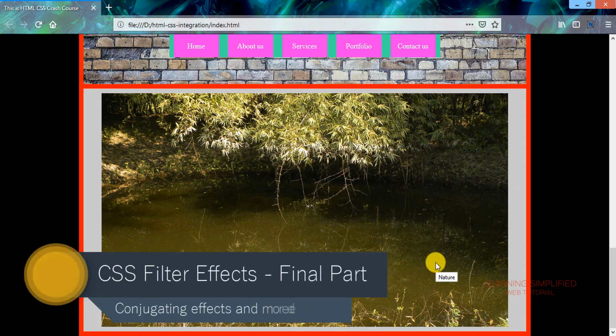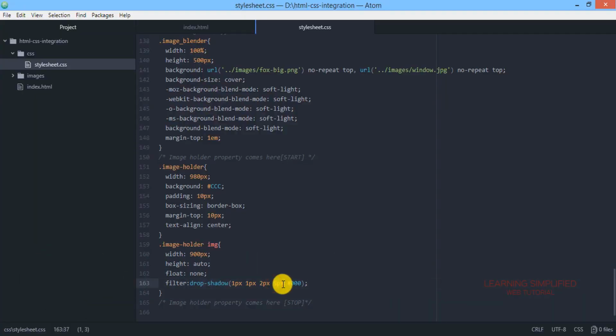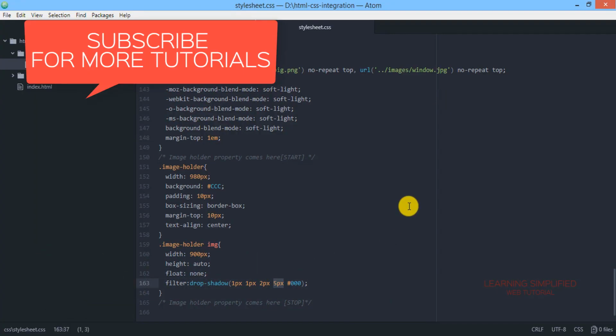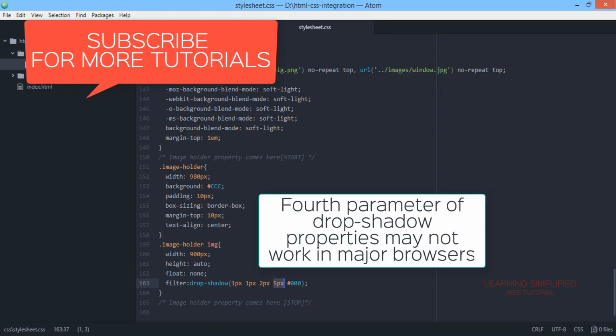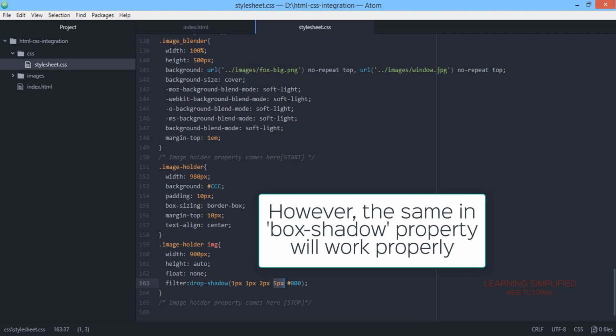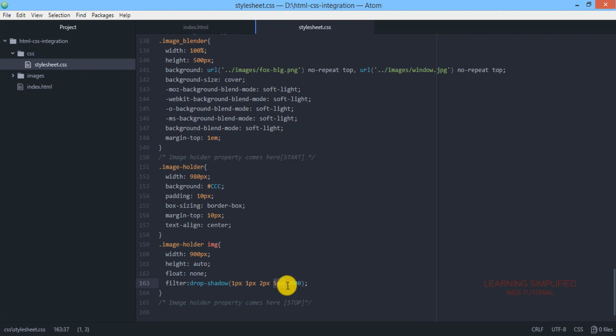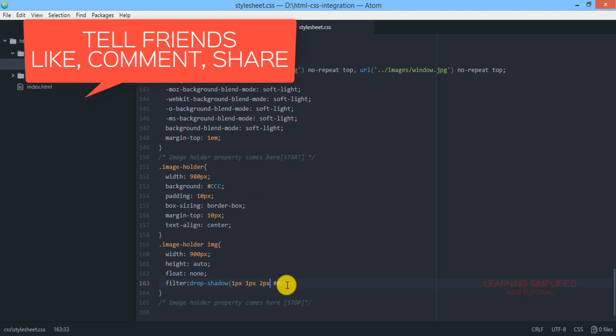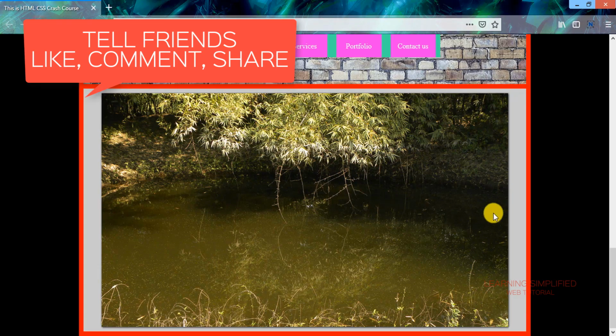See that there's nothing practically working over here. So why is it such? In case of this fourth parameter, which is optional, practically it doesn't work in Google Chrome or Mozilla or this kind of browsers. So in that particular case, it is better to omit this fourth parameter, and it is optional, so there won't be any harm coming. So we can turn it off over here, and instead we can use this particular drop shadow property, as we may see over here, and this will be the result.